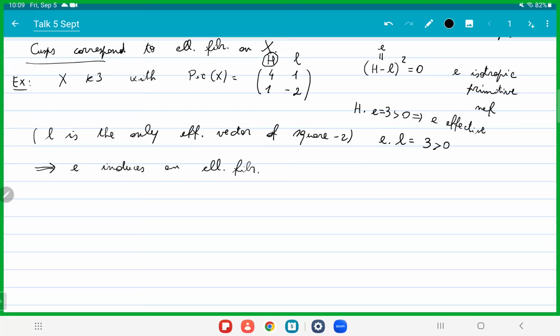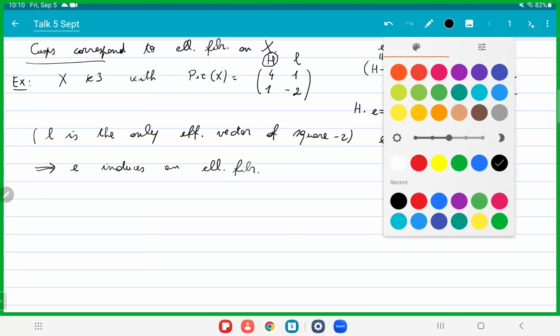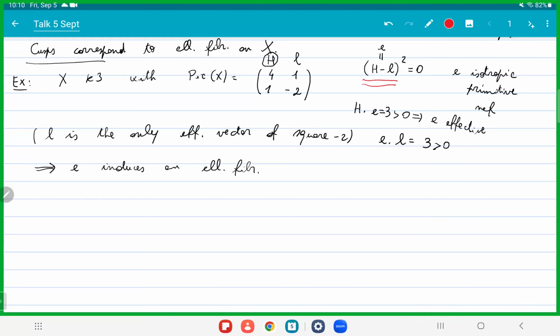And why is this fun? Because geometrically, I'm not able to draw a picture, but if we have this quartic with a line, we can consider the pencil of planes containing the line. We have a line, the residual curve is a cubic, degree 3. And not only that, it's a plane cubic, so it's an elliptic curve. So if we consider the pencil of planes containing the line, we obtain an elliptic fibration on the K3 surface. But we obtain this geometric information purely in a lattice theoretical way by noticing that this vector